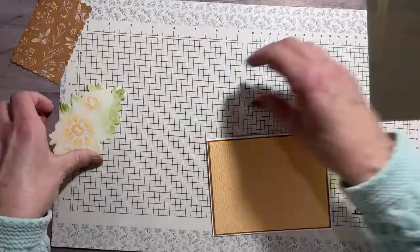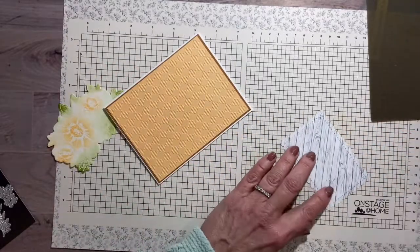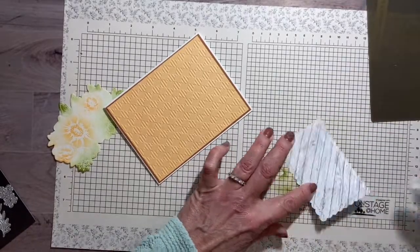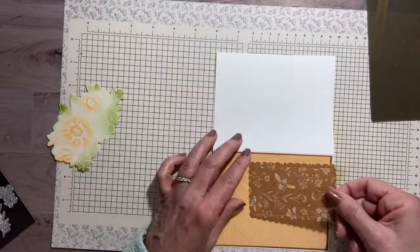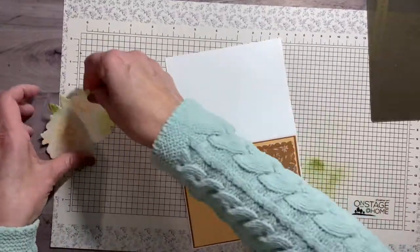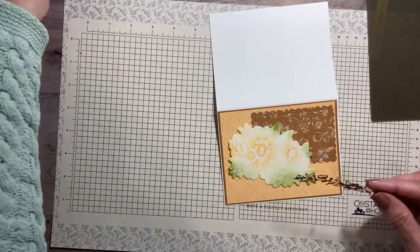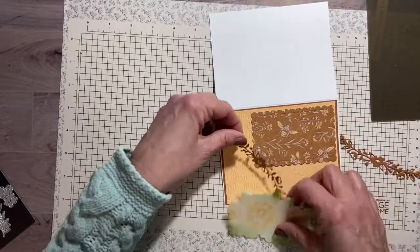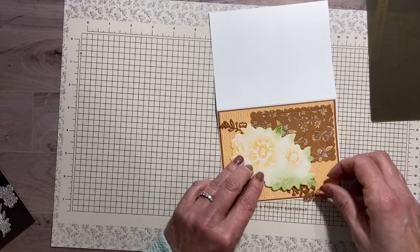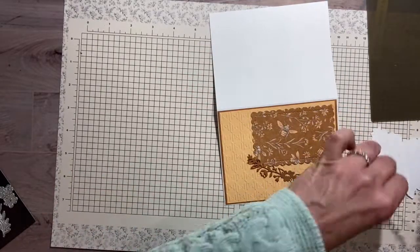Alrighty, and this is from my favorite sheet of my favorite print from that Heart and Home DSP. I'm not going to pop this up with dimensionals because I do want my focal image to be popped up. I'm just using this as a background so you can see those cute little bumblebees. And then I'll take this and we can layer this right here, but let's just take a few of our cropped images that I have, and I do want those to show a little bit. So I'm going to put one there and one here, and let's just